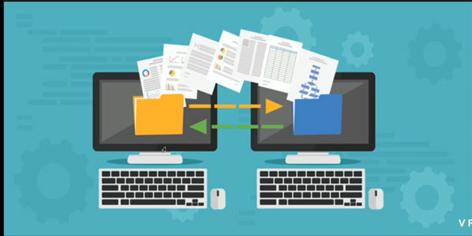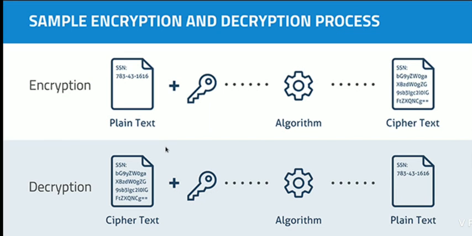Information security is nothing but the transmission of data from one device to another device through a network securely. And this security is provided by means of different algorithm techniques. Let's see some techniques involved in it. Encryption and decryption is one of the most important techniques involved in the transmission of data through a network. Let's see what is meant by encryption.